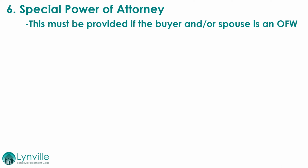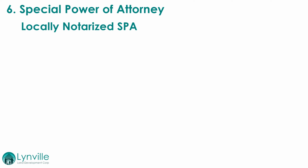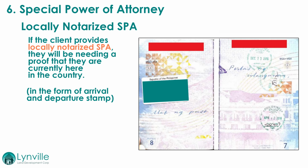So there's 2 types. Meron tayong locally notarized and consularized. So locally notarized, yan yung mga nandito sa Pilipinas na pwedeng magpa-notarize ng kanilang SPA. Pagka ang ating client ay nag-provide ng locally notarized SPA, obviously kailangan din nila mag-provide ng proof na nandito sila sa Pilipinas. So this is mostly in the form of a arrival and departure stamp. Dahil kung hindi sila makakapag-provide ng arrival and departure stamp, there is no proof na nandito siya para mag-notarize ng